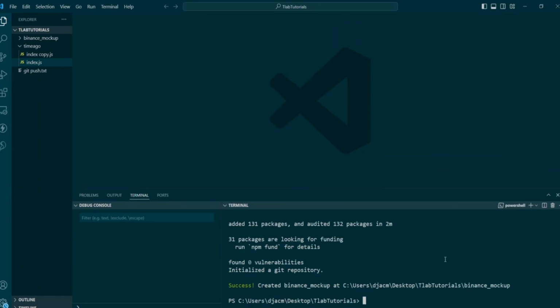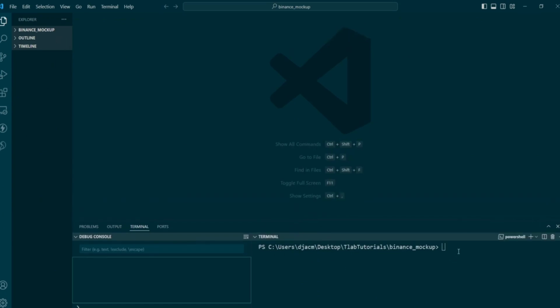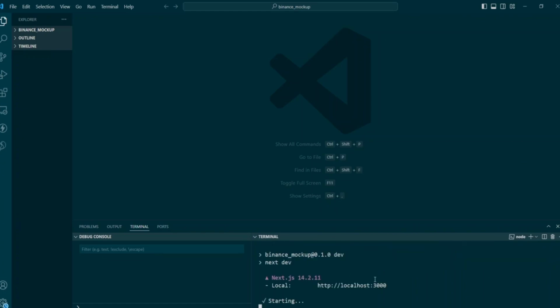The project is done installing. So what I would do is to first close my VS Code because I want everything to stay organized, because I need to go into this new project folder to run it, and it's the only one that is open on VS Code. Then we have to run npm run dev to spin up our project. It's starting our